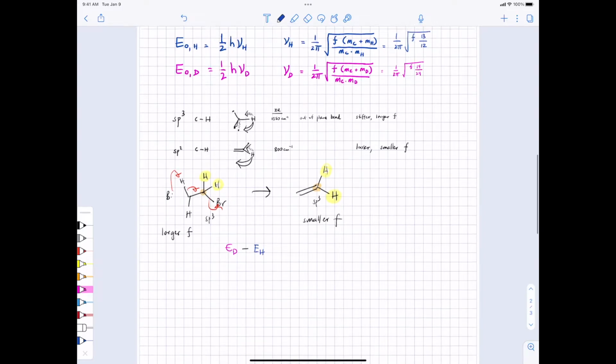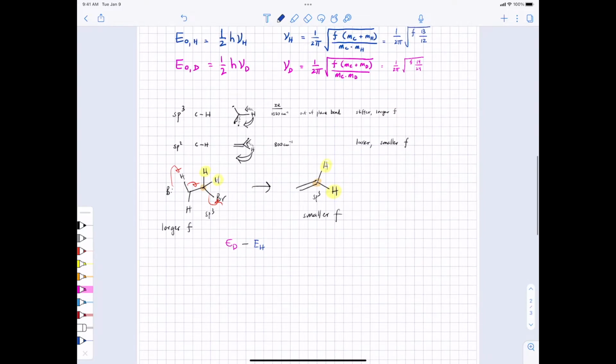And you can show that that energy difference is equal to 1/2 times Planck's constant times the vibrational frequency,